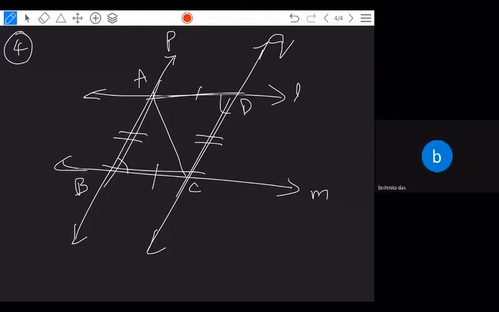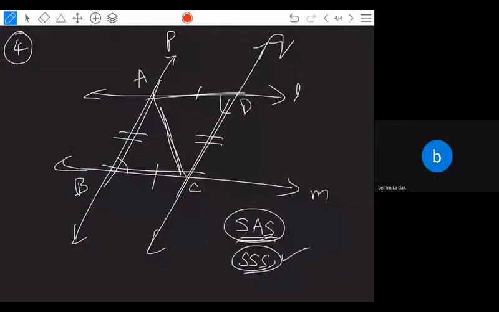Yes, sir. SSS also you can use. Whenever SSS used, this side equal to this side, this side equal to this side, and this AC is common. Okay? So SSS in that case. So problem can be given to you. What the problem is given to you, that can be solved. But here, whenever you take here ASA, she said ASA also you can use, because this angle equal to this angle you use. It is parallel lines. This angle equal to this angle, you may say that.